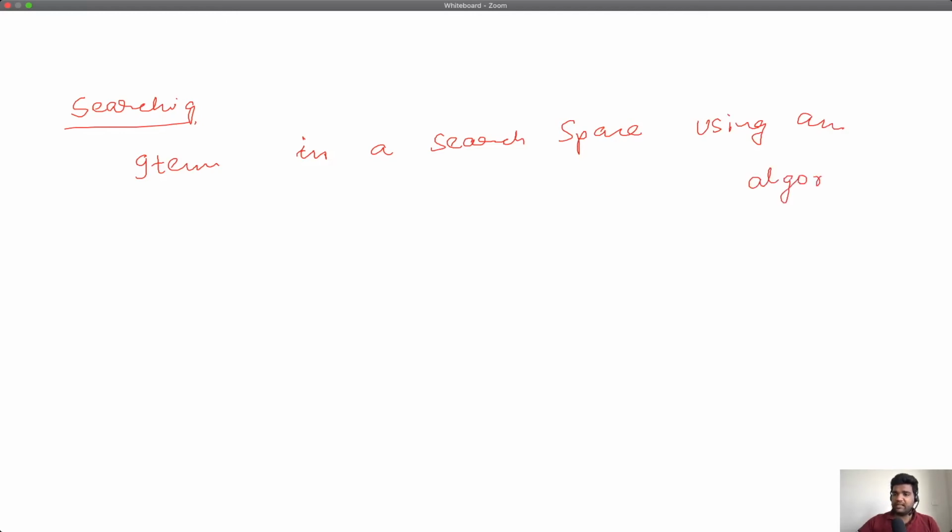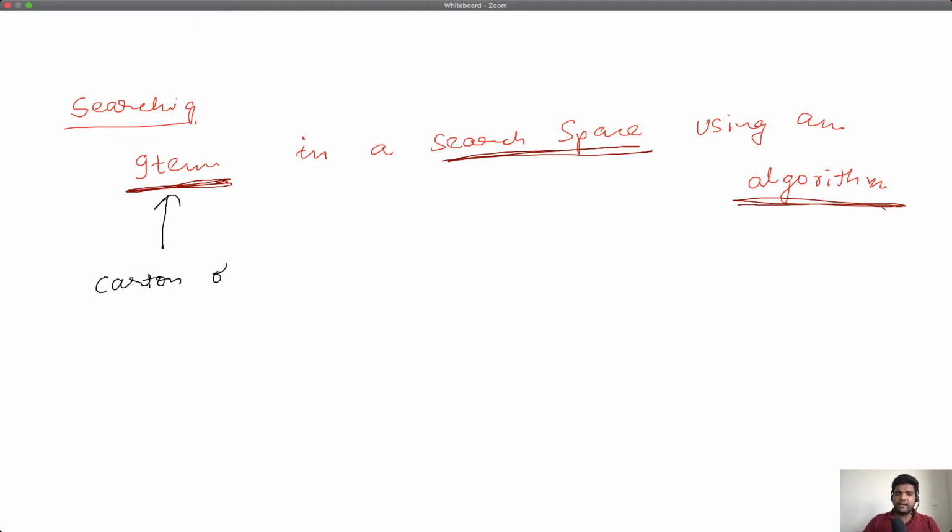So there are three keywords that I have written down here. You are looking for an item in a search space using an algorithm. For instance, in the example that we took, the item that you were searching for was the carton of milk. So it had certain properties, like we talked about.